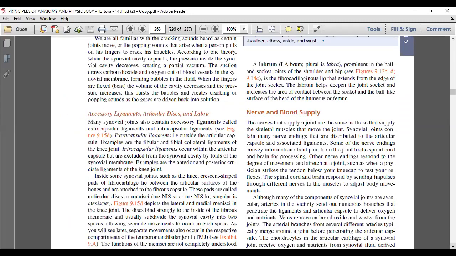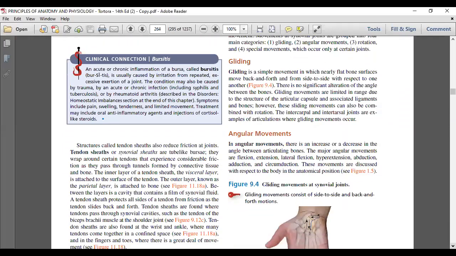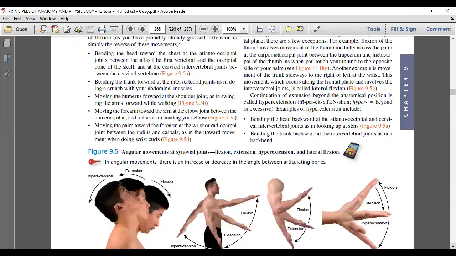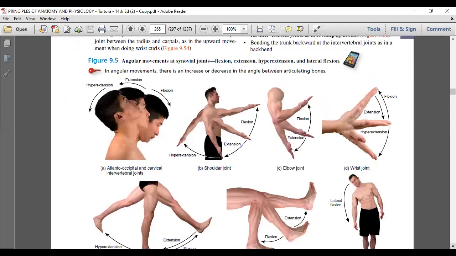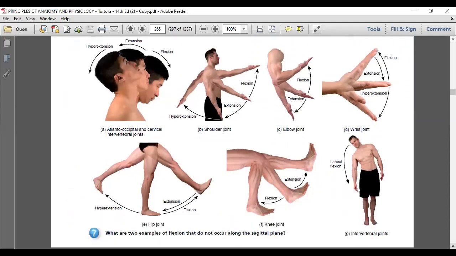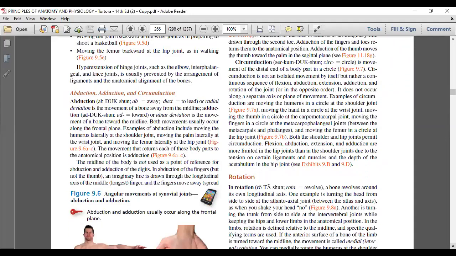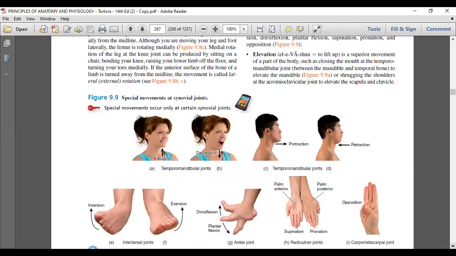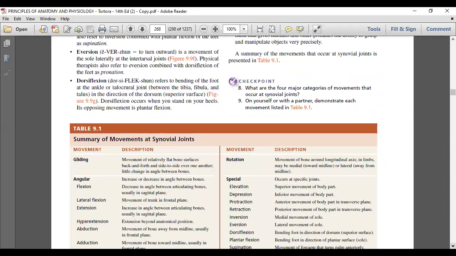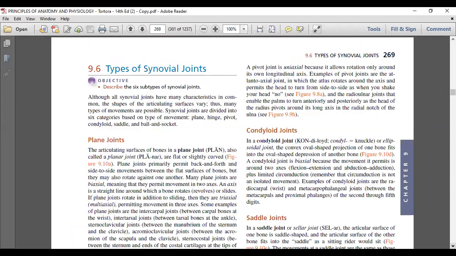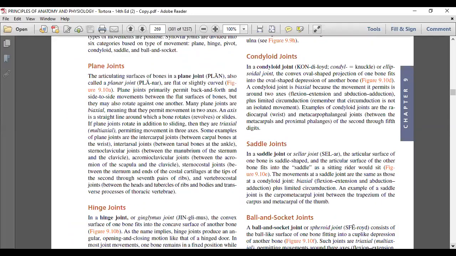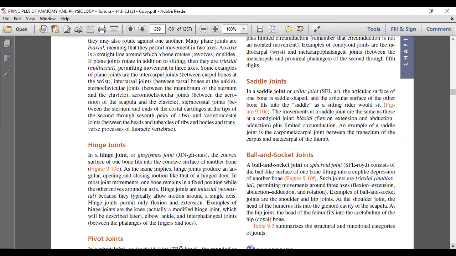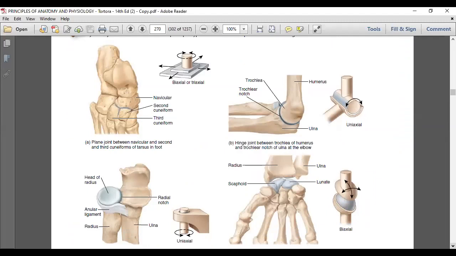This will help when you see this kind of diagram. That's why I spend more time here. When you see diagrams like this, these are muscles, adductor and abductor, flexor and extensor. We don't have any syllabus for that, but for every movement there is a muscle: adductor, abductor, flexor and extensor. Okay, so the types of synovial joints: ball and socket, hinge. Just look at the photographs. That's it.